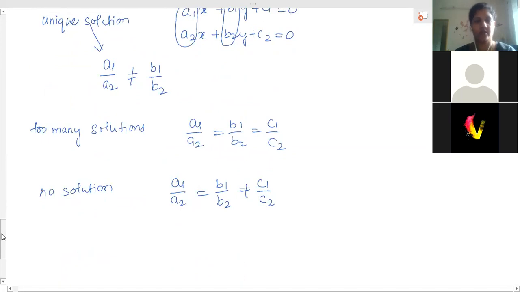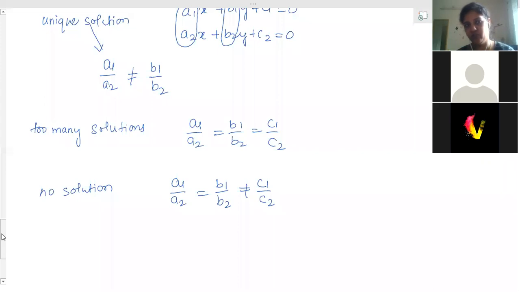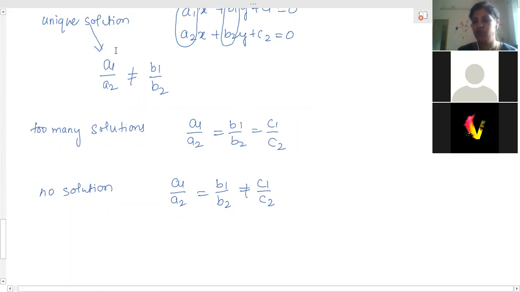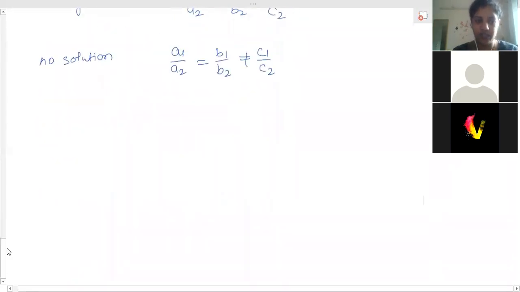Okay. So yesterday I told you that we are supposed to solve only unique solutions. If the two linear equations in two variables have unique solutions, then only we have to solve them. Otherwise, we are not supposed to solve. And for that, you need to know the condition: the ratios of coefficients of x and of y should not be equal. Then only we proceed further, that means solving by elimination and so on.